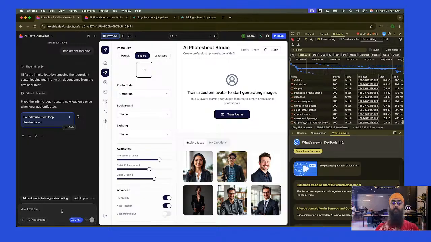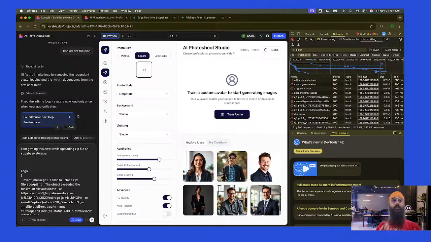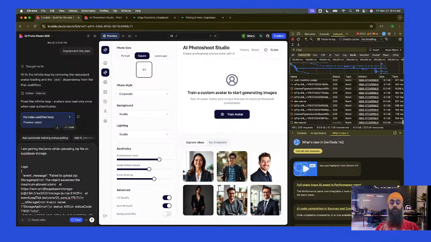Hey, Lovable, I am getting this error while uploading zip file on storage. Logs. I'm getting the below error while uploading zip file on Supabase storage.